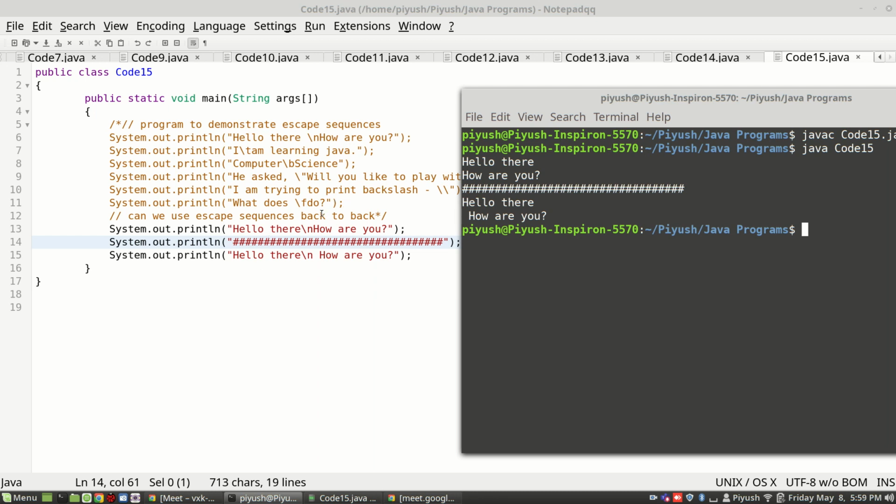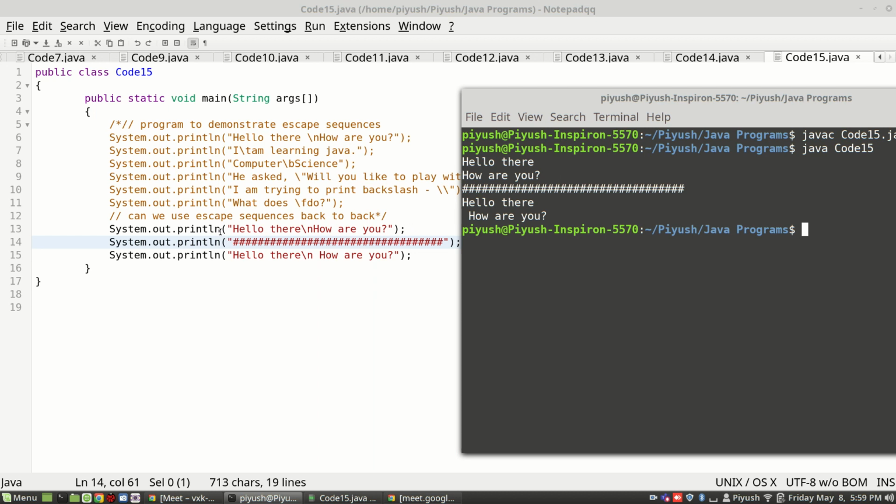Now you can see wherever it found backslash n, it immediately changed line. So it printed hello there. It encountered this System.out.println, encountered backslash n. It understood that backslash n is an escape sequence, which means we don't have to print that backslash n, but we have to perform the action that it denotes. And what action does backslash n denote? New line. So it immediately changed the line. So once the action corresponding to backslash n was done, it went ahead for printing whatever was left. So it then printed how are you question mark in the second line, and then the line was changed.